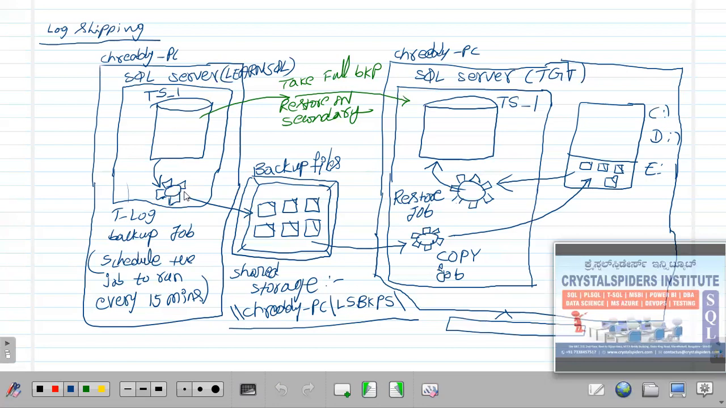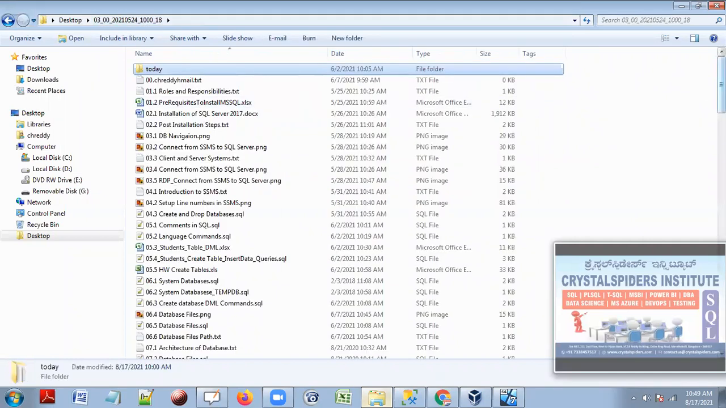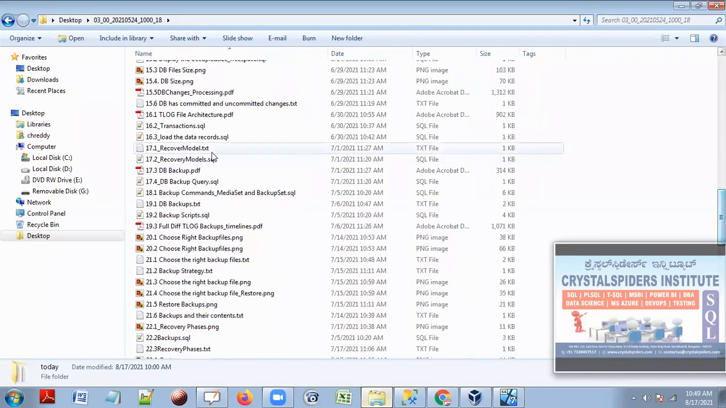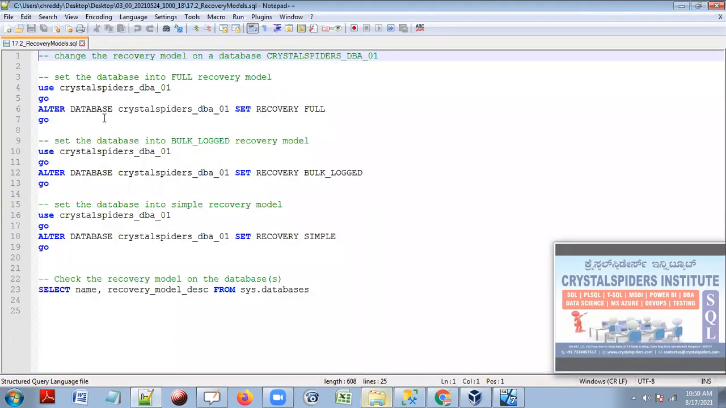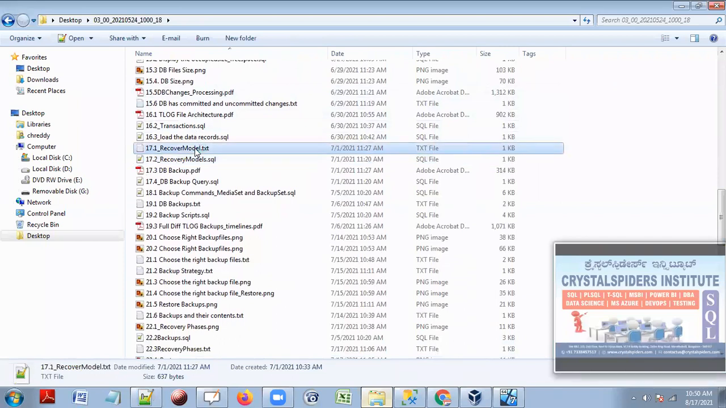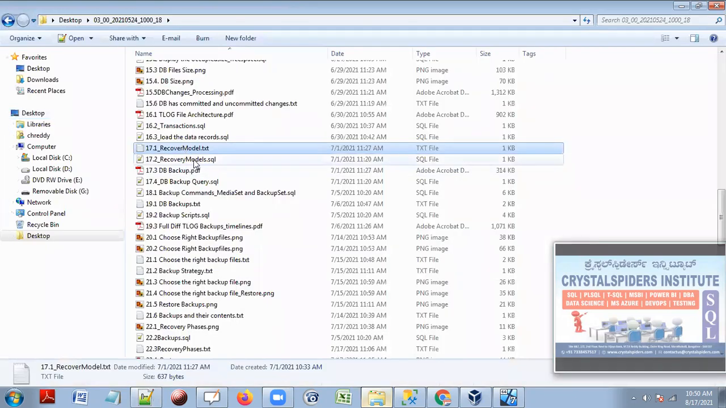So let me do one thing. We can go back to our class notes. We have discussed the recovery models some time back. Here it is, guys, recovery models. If you open these recovery models and set the recovery model to full, then we can take that. Under the full recovery model, bulk recovery model, simple recovery model. Okay, here I have not made that note. Under the full recovery model, we can take...